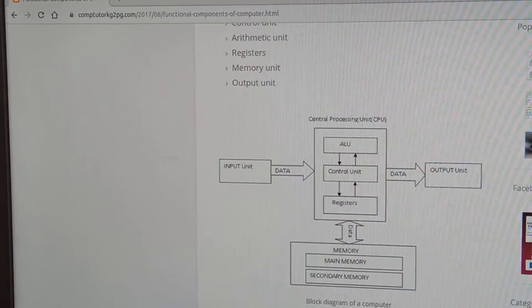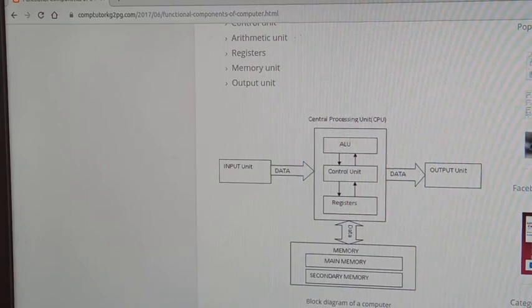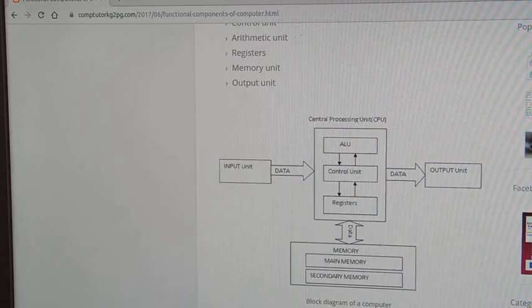The better examples of input devices are the keyboard and mouse. The computer needs to receive the data and instructions to solve any problem. The input unit basically links the external world or environment to the computer system. So the user gives the input via the input unit only. For example, while typing through the keyboard we can give input to the computer.